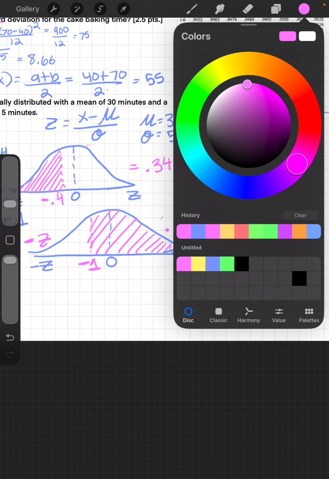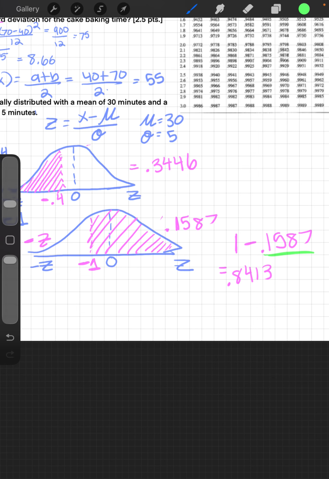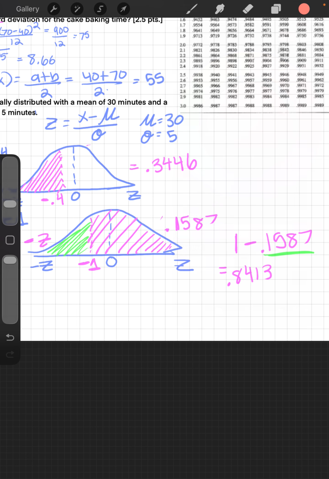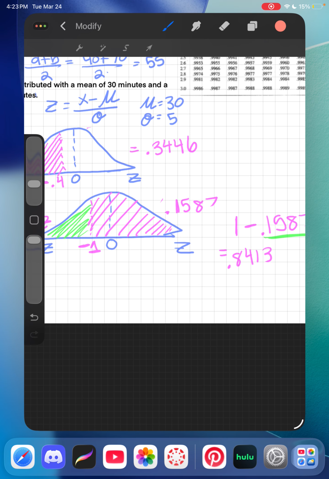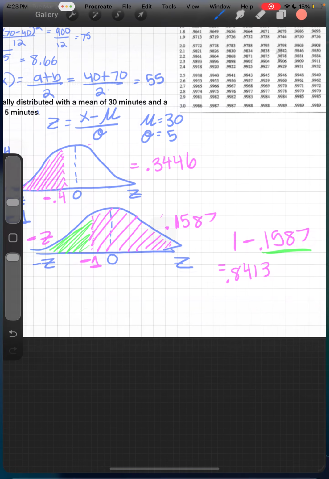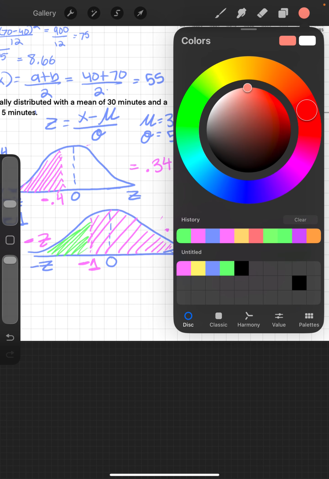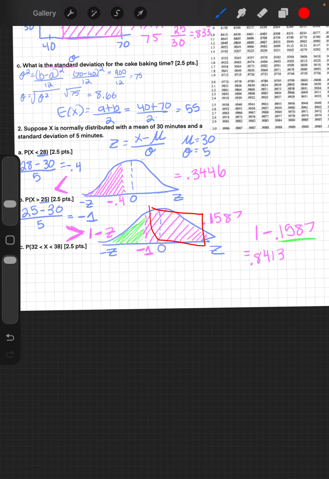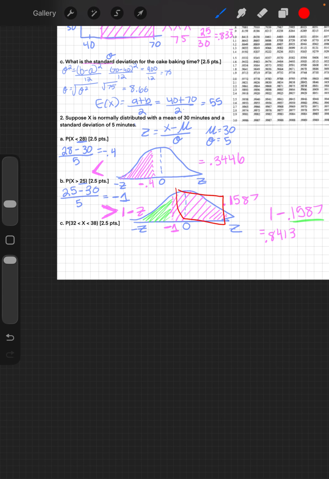And it's gonna get a little confusing sometimes, but this is just right here, and we want to, what's a good color? I'm gonna do red. And we want to find this area, and that's why we just subtracted from 1. Okay,